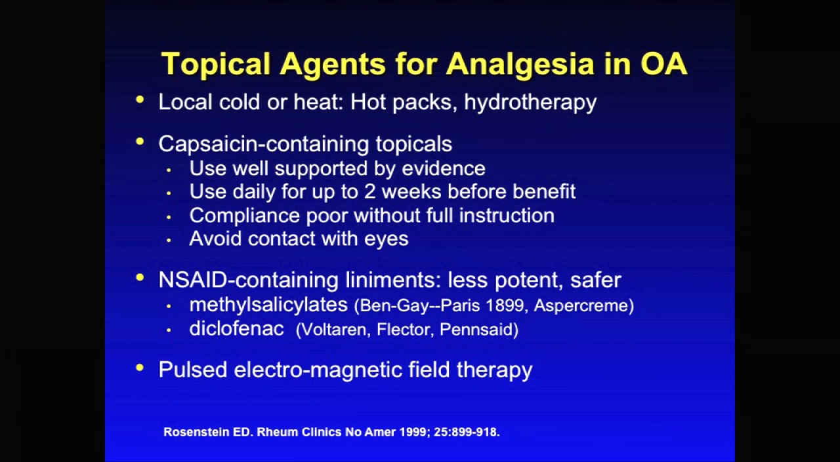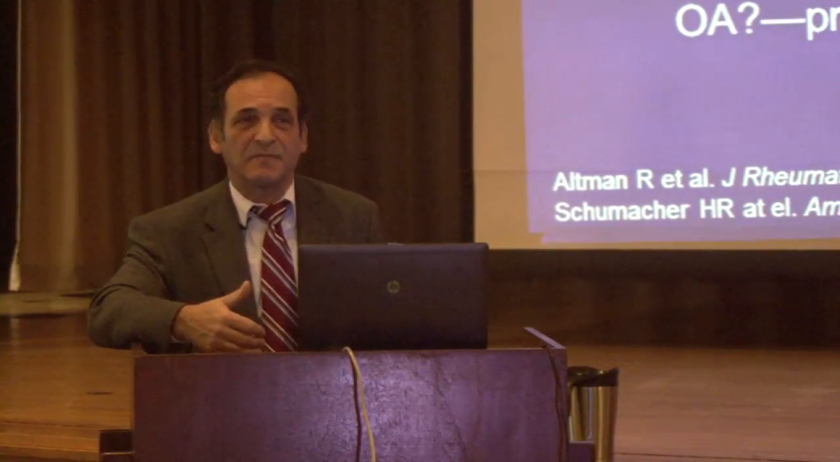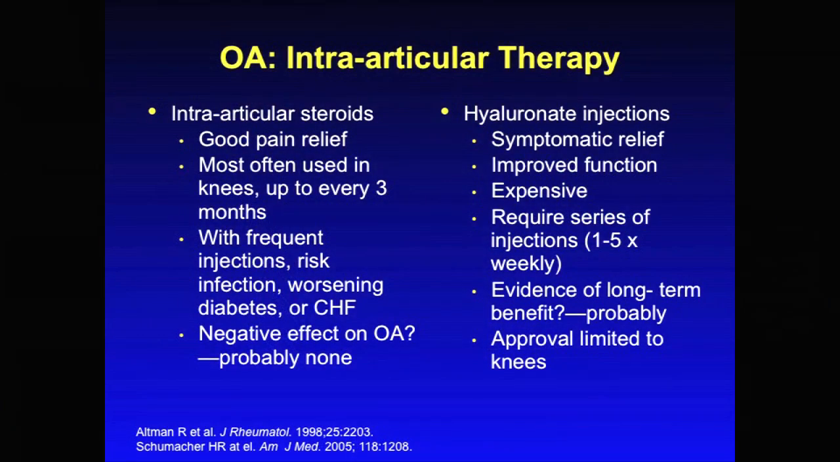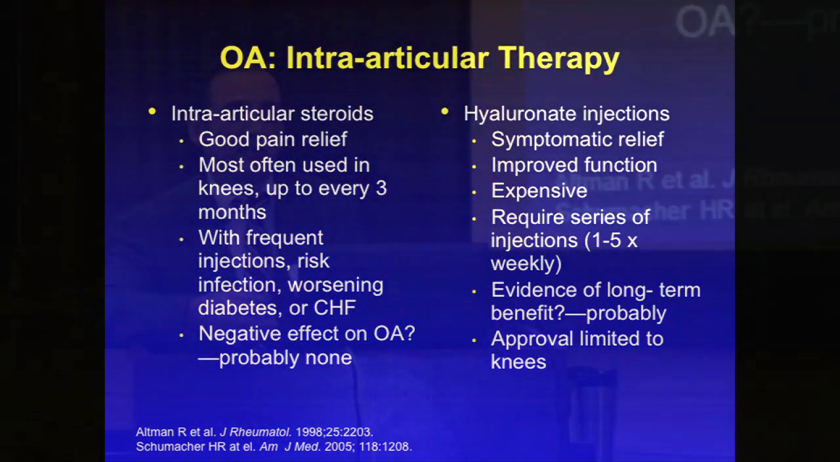We can also inject joints, and there are 2 types of medications we use to inject joints. We can inject with cortisone-based medications, and we can inject with a material called hyaluronan or hyaluronate. Cortisone-based medication is very effective for reducing inflammation over the short term. We used to be fearful of them because we thought it may actually accelerate the process, and as it turns out, it probably doesn't accelerate the process, so it's something that can be done repeatedly if necessary, but we don't